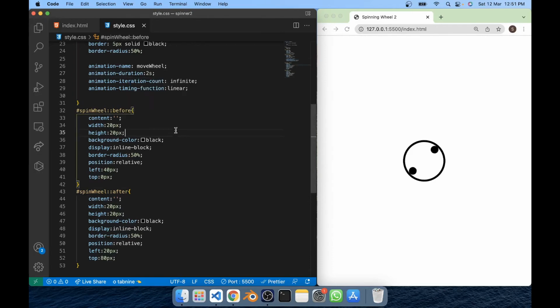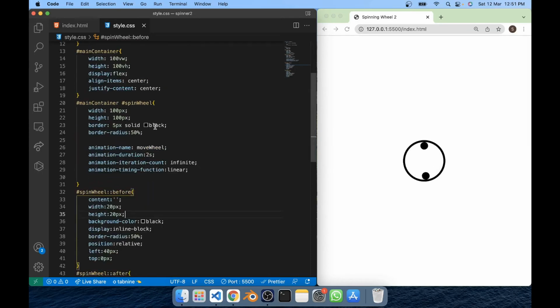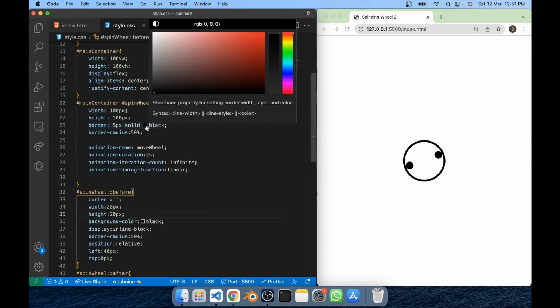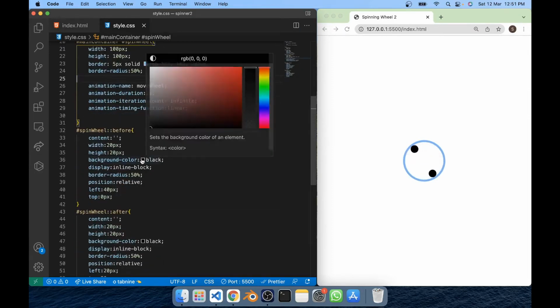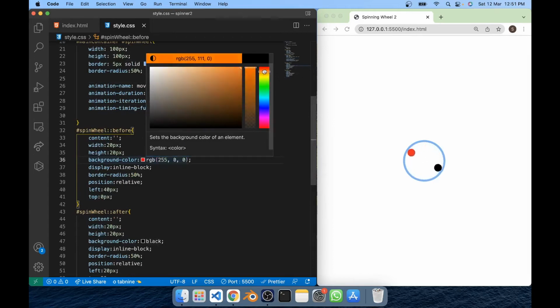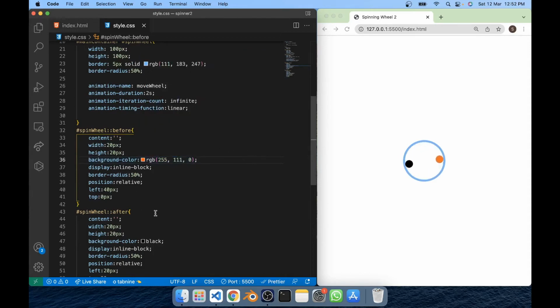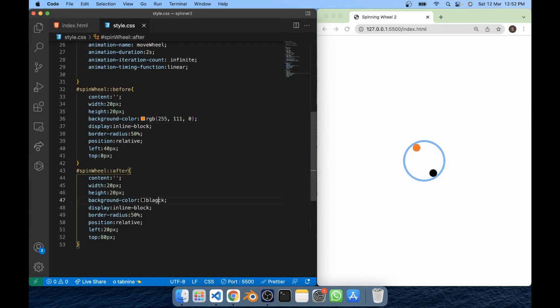Now what I want is to change the color. Let's suppose for the spinner wheel track it will be bluish like this. So this will be my track color, and of these two, one will be pure orange like this, and this will be green. So remove the black and put green. So if you do that,